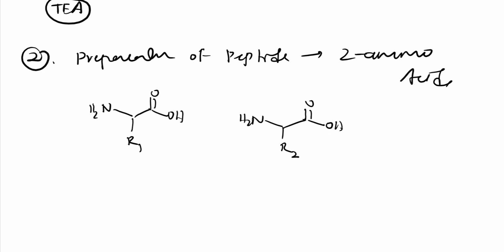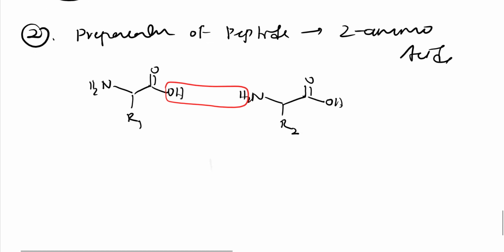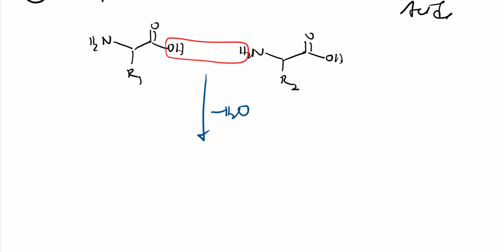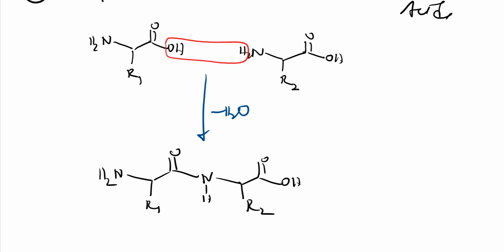How will I form this? Like this: I will lose a water molecule, just remove a water molecule, and this bond is there, right? That bond is nothing but my peptide bond, we call it the CONH bond. Other things as it is, COOH, and here R2, right? And here R1, NH2. This bond is there, right? Which I am showing with the marker. This bond is nothing but the peptide bond.